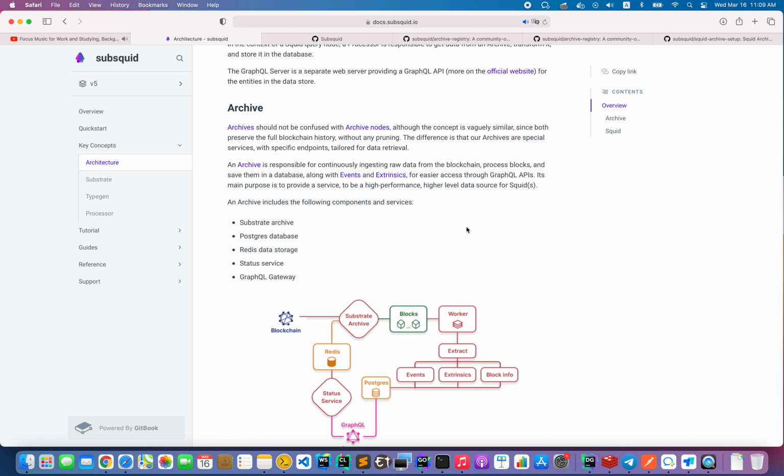An archive is responsible for continuously ingesting raw data from the blockchain, processing blocks, and saving them in a database, along with events and extrinsics, for easier access through GraphQL APIs. Its main purpose is to provide a high performance, higher level data source for SQUID. An archive includes the following components and services: